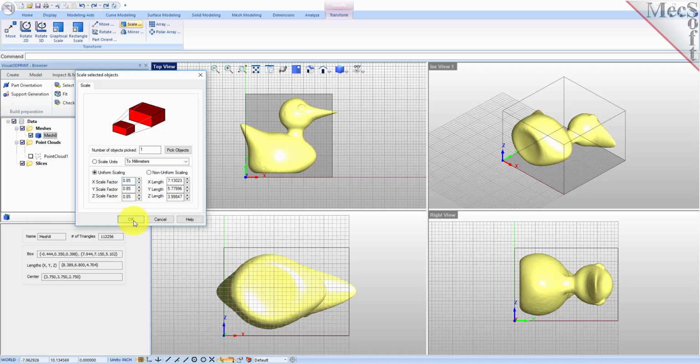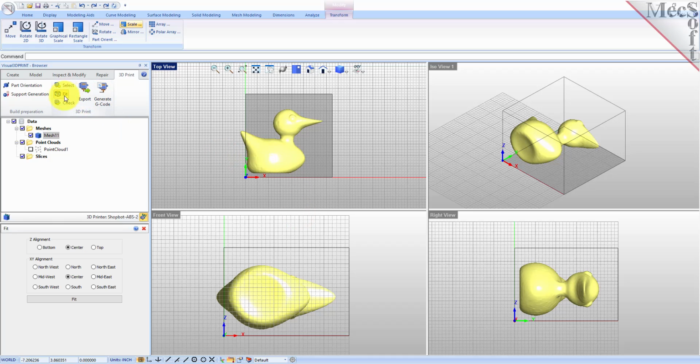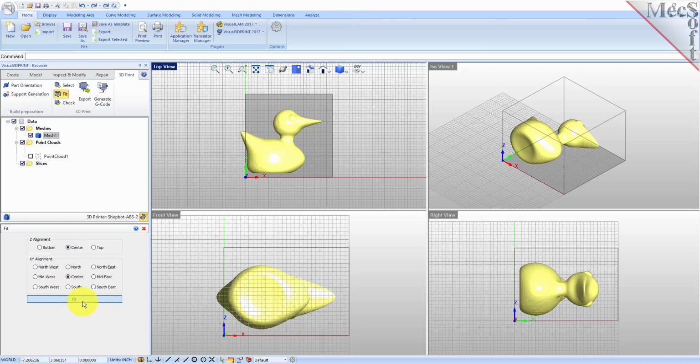It's still outside the printer, but let's go ahead and do our Fit command again. Fit, center and center. Okay, it looks pretty good. Let's do a check and make sure that we're ready. Say Check, select the mesh, right click,